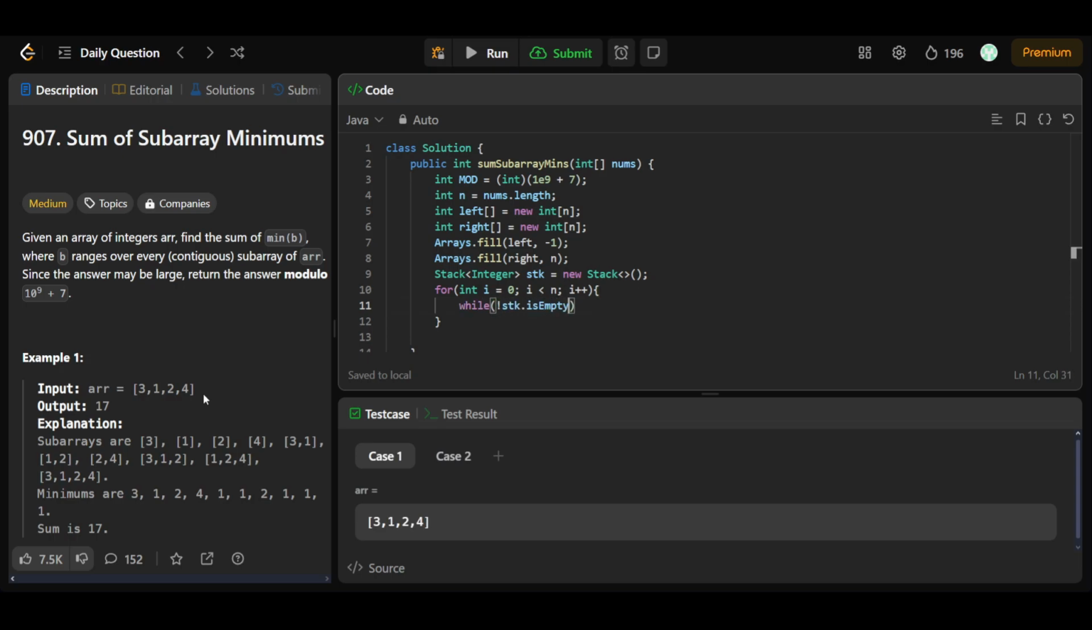is empty, and I'm having a greater element on the top of the stack, and my nums of stk dot peek is greater than or equal to my current index, the element which is present at the current index. Okay, so I'll keep on popping off the top of the stack. Okay, and then I'll be checking that if